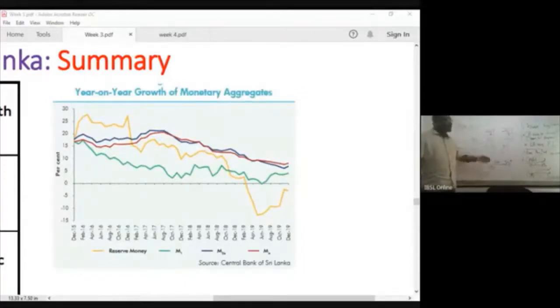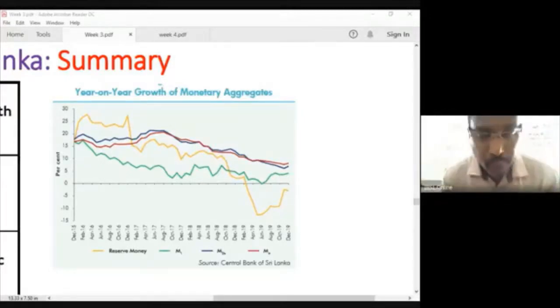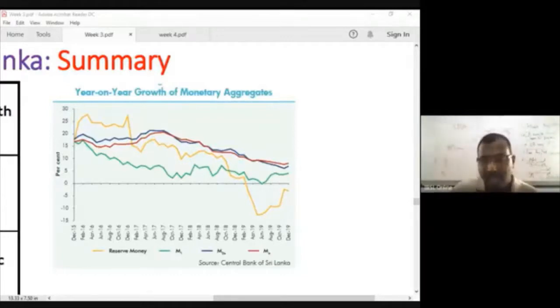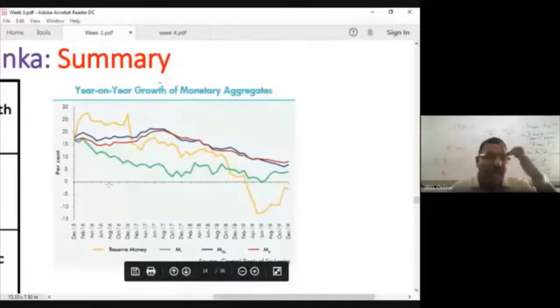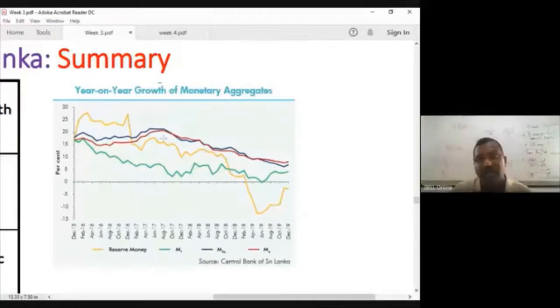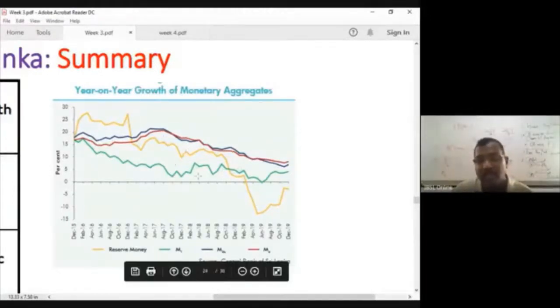Likewise, you should be able to calculate monetary growth in your exam, because you need to know whether the monetary growth has reduced or increased. So, as a result, you have to have some idea as to how to calculate the monetary growth. So I hope it's clear. Simply the change growth. So this chart is simply presenting the year-on-year growth. As I said, during the last 2 years, monetary growth in Sri Lanka is on a downward trend.